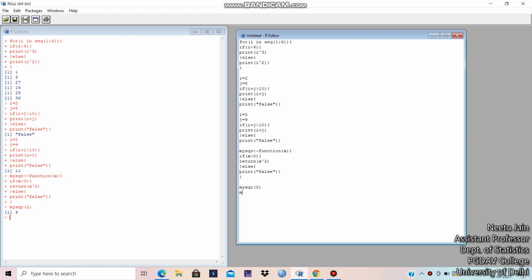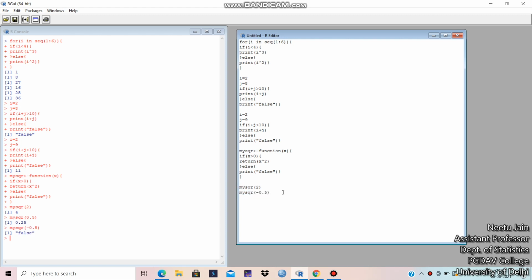So it is returning 2 square, that is 4. Okay, once more. mysqr. Suppose let me take 0.5. Okay, and it is also greater than 0, so it is giving the square value. Okay, now if it is less than 0, then see, false.